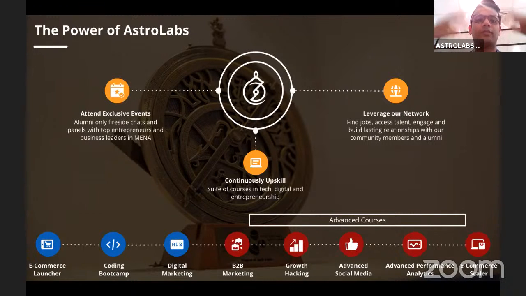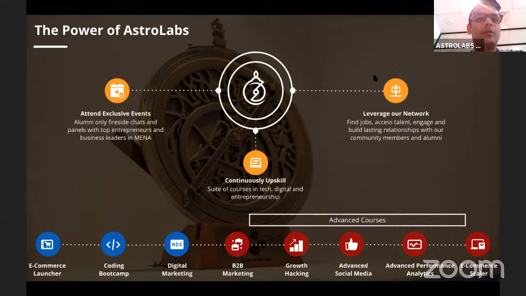Apart from that, one of the things is the Open Academy, the meetup that we all attended today. Then we do corporate trainings as well. So if your company is looking for elevating your training modules, or to ensure that you're up to date with the trends, be it in digital marketing, be it in coding, anything technical, we do that as well.